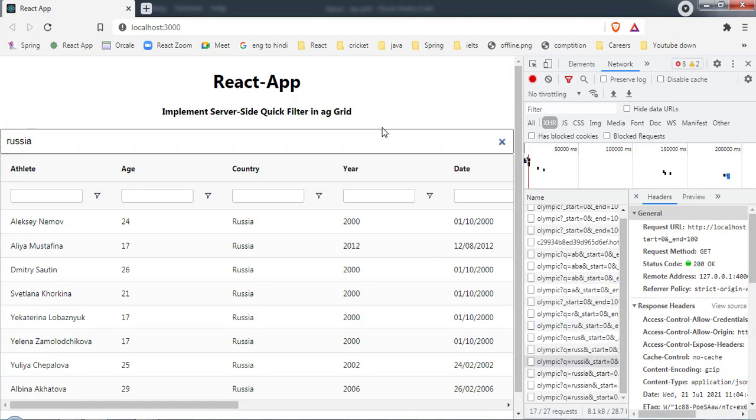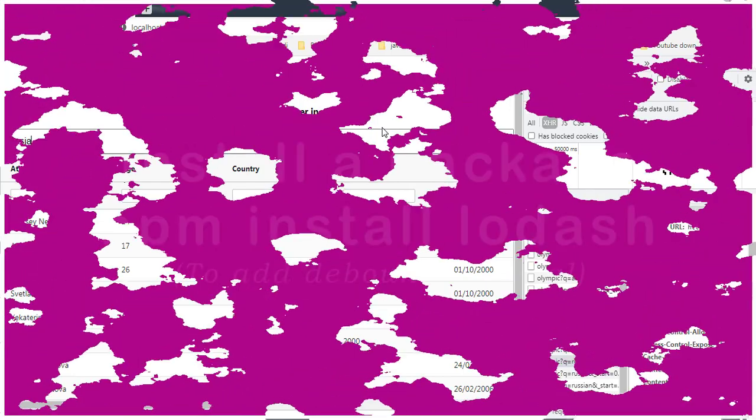So now we have to stop doing that, meaning it has to add some interval, and after that it has to make a call once I stop writing. For that we need to add a property called debounce interval. So once we stop writing, after a particular time it has to make a call.